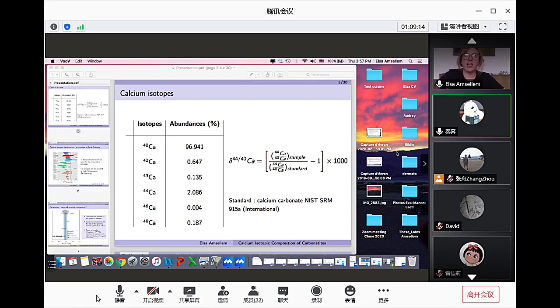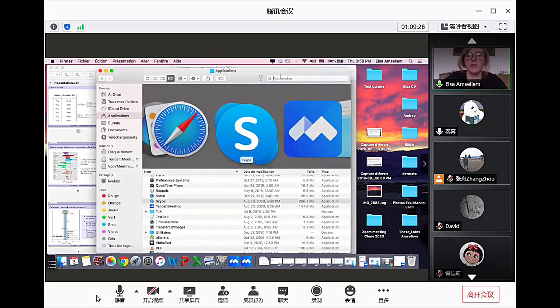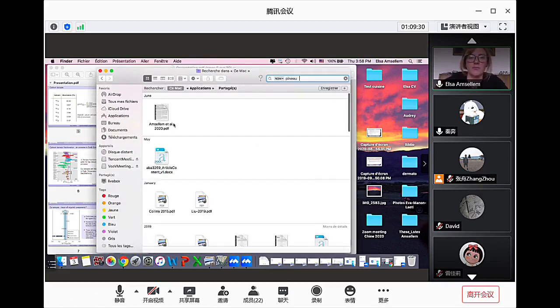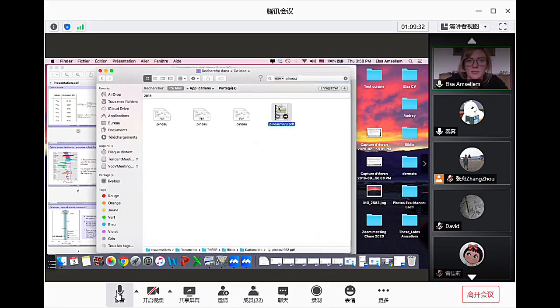So when you mean fresh, you mean not altered? Well, most show signs of alteration, and I can find it here if you want. There's a